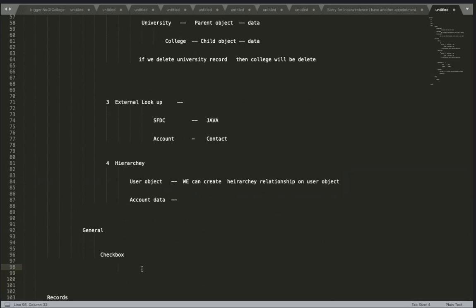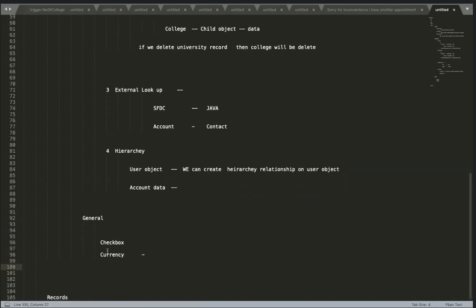It will be only one check. You can make it as true. That is called checkbox. Currency. Currency is what kind of currency this organization is supporting. Those things will be enabled. It's kind of a number only, but yes, it's a currency.